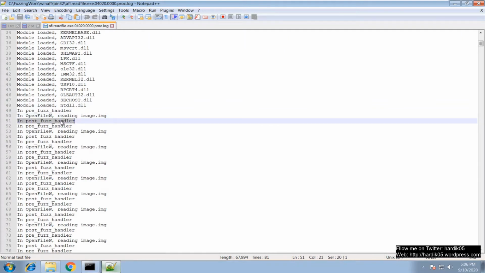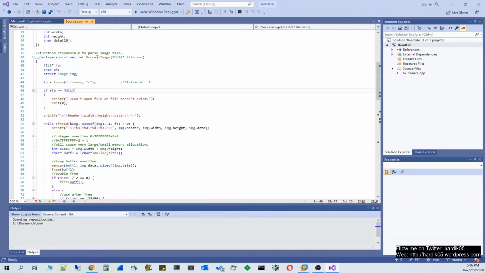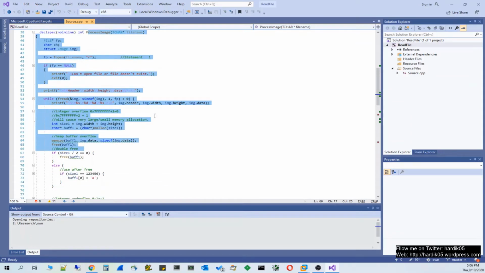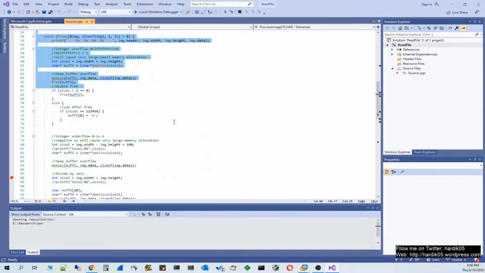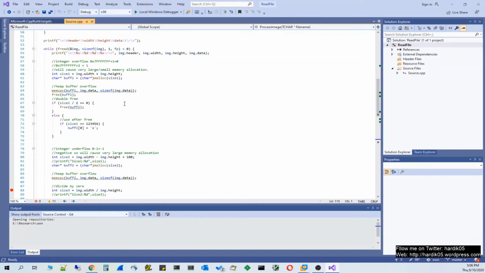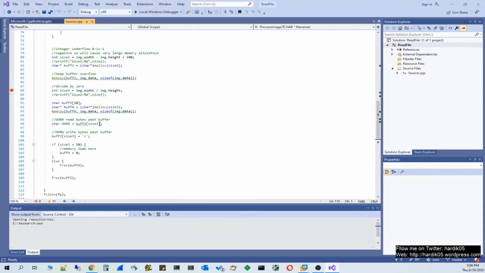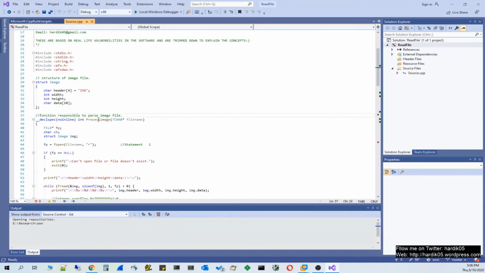So what actually happens over here is that in the compiled exe, we have given the offset of this process image function. So WinAFL has come over here. It called the pre-fuzz handler, which saved the program state at that time. Then it let this function execute whatever it wants to do, and it will monitor for any crashes. And when this function finishes, it will return, and then it will restore the state of the program, and then it will again jump to here. So it will do all this operation 10 times.